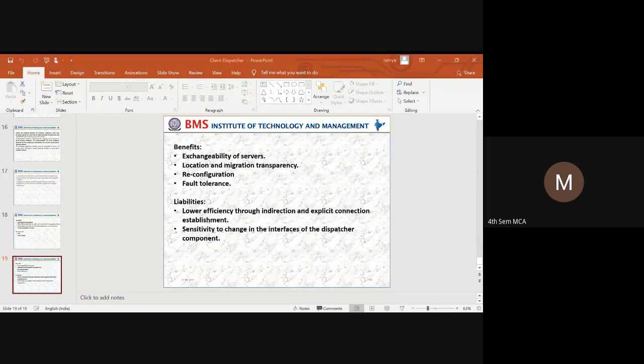So next is the sensitivity to change in the interface of the dispatcher component. The dispatcher plays a central role, so whatever minor changes within a software system may lead to changes in the interfaces among the system. So these are the liabilities of a client dispatcher.